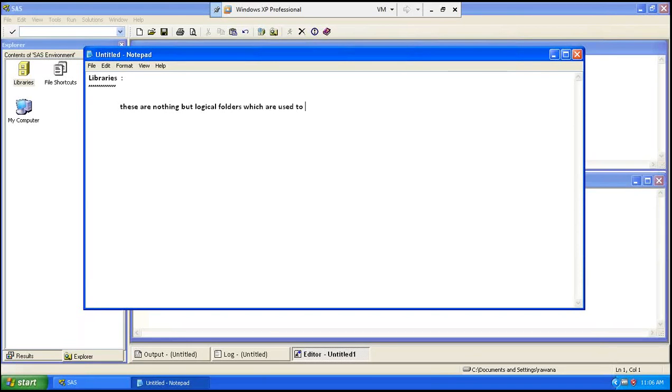Logical folders which are used to maintain the collection of SAS files or SAS members. Library is used to maintain the collection of SAS files or SAS members, and